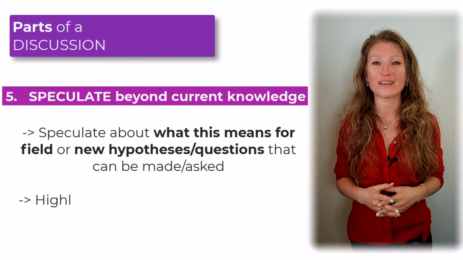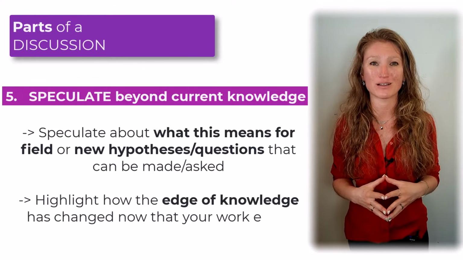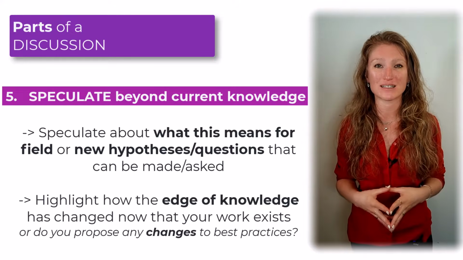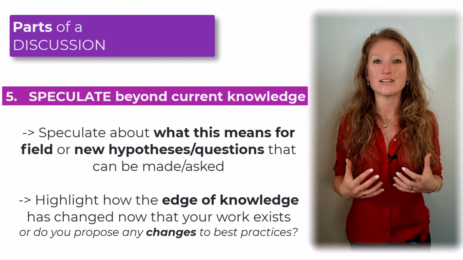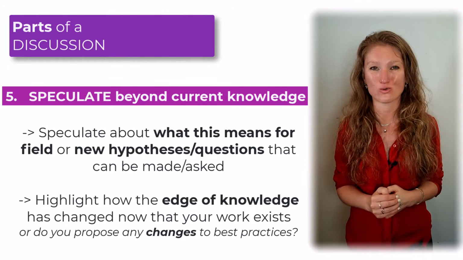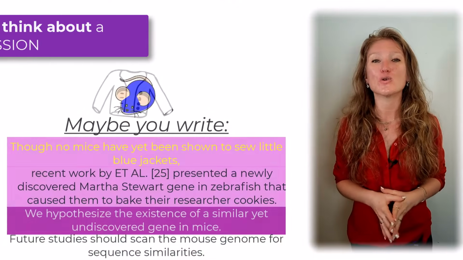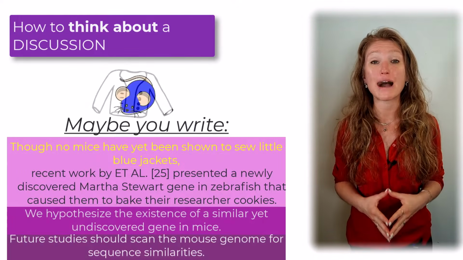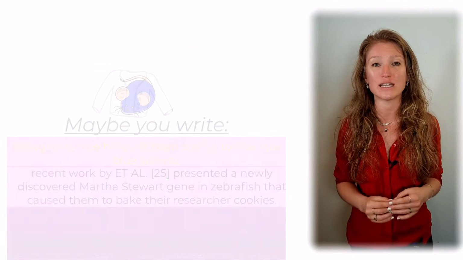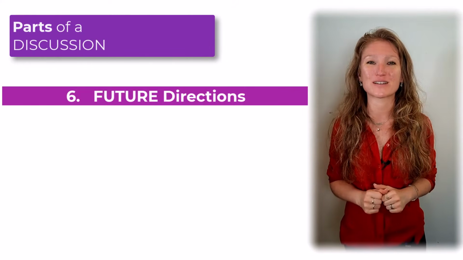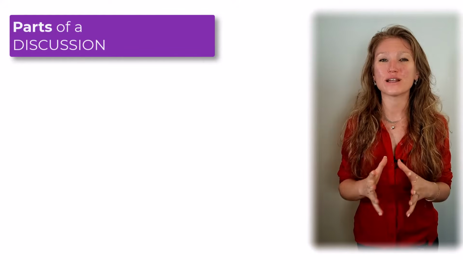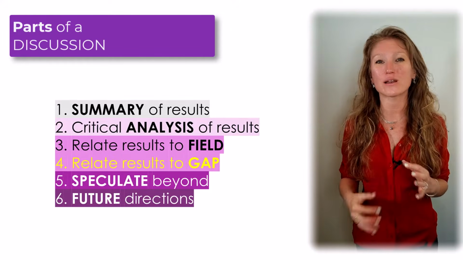Here, you can also speculate on any new hypotheses that could be generated because of your work, any new research questions that may come up, any changes you're proposing to best practices in the field, or generally any sort of speculation about what that new edge of current knowledge might be now that your research exists. Finally, notice the last line here when we talk about this blue mouse, where we say that future studies should scan the mouse genome looking for this equivalent gene. This is going to be the 6th key part of a discussion section, where we give future directions for where this research may go. So let's review these 6 key parts of a discussion section with a little diagram